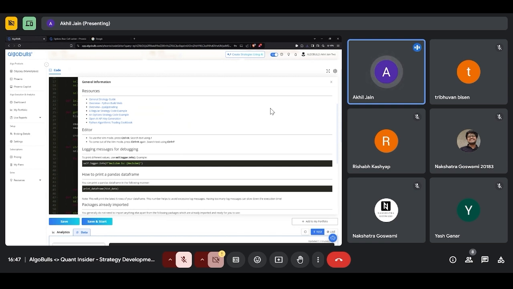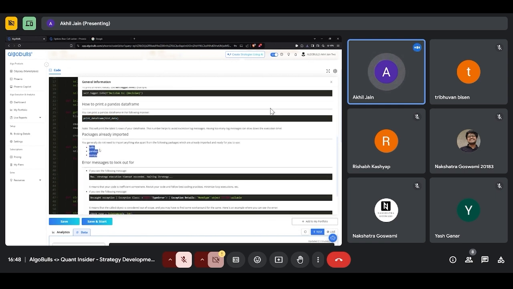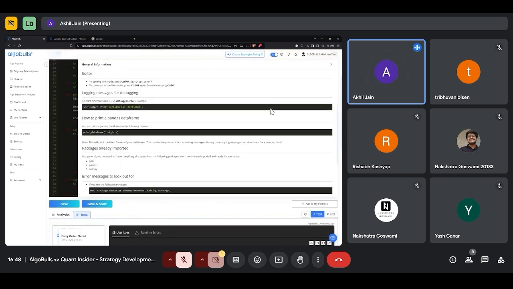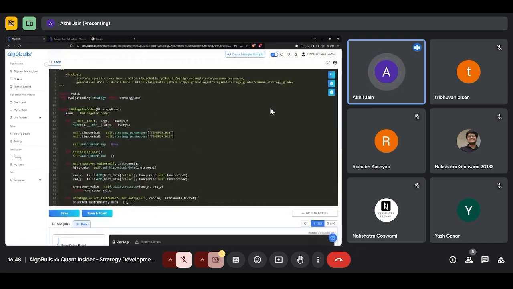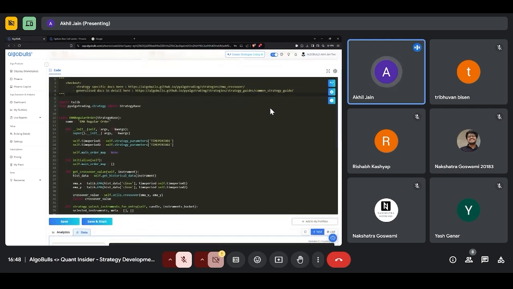One of the things that we also want to do is print the OHLC values and see whether the historical data agrees with one of the charting platforms that we might be using as a reference. So to print the historical data, this is also given. You'll be able to print your historical data like this. There are some packages that are already here, and there are some common errors that have been explained here. All of this information given here, along with these two links, should be able to kickstart you, at least with the basic architecture and other things, for creating any strategy.